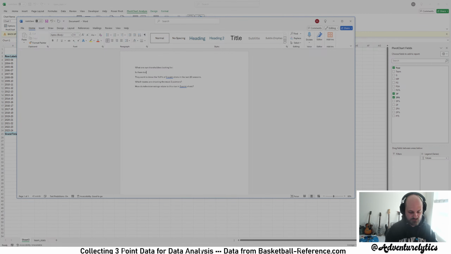Is there too many 3-point shots in the NBA today? They also want to know, what's the difference between 3-point shots attempted and 2-point shots attempted?